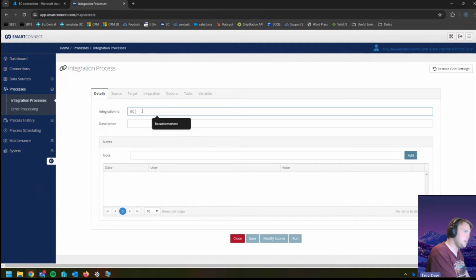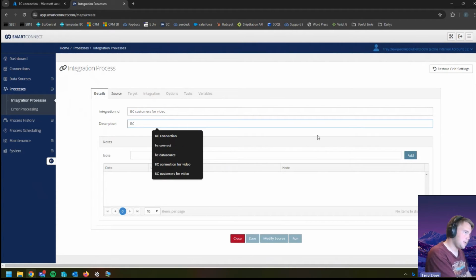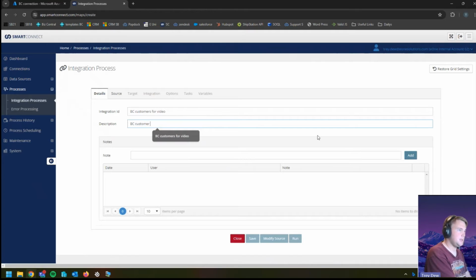We'll just call it BC customers for video. Since we are on .com, you can actually use spaces in the integration ID, which is very nice. Then you can just give a quick explanation: BC customers from Excel to BC. Makes sense. All right, once you have filled in both of those, the source tab will unlock